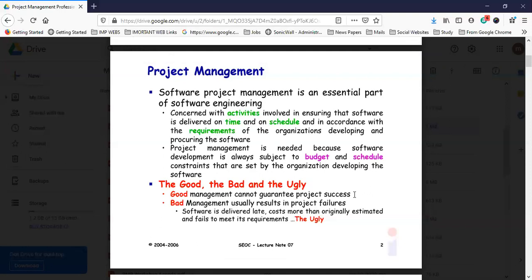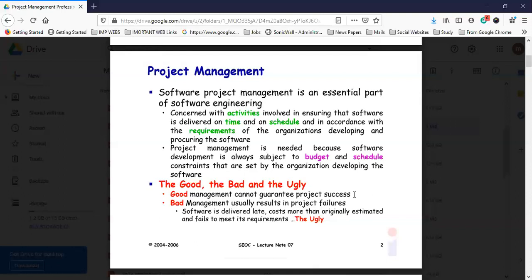Whether the supplier supplied the materials on time also depends on it. And what type of scope you have measured is also important. So a number of things are very important when looking at a project. We cannot say that if you have good management, your project will succeed, because a number of things depend on each other at the same time.